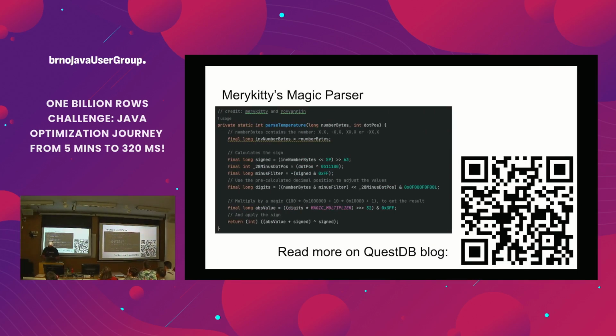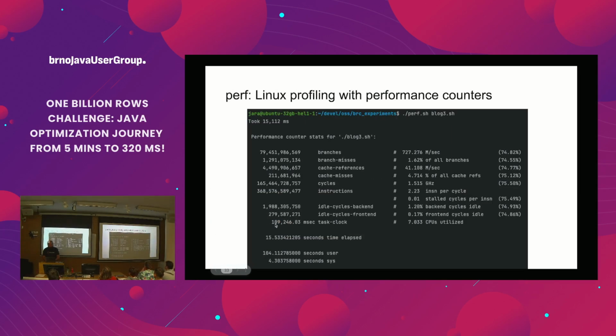But I have a colleague, Marco Topolik, with QuestDB, who used to work with František at Hazelcast, now he is with us. And he wrote a blog post about this. So if you are interested, it's basically just, I don't know, 10 lines. There are like 5 or 6 different tricks all together. So at this QR code, if you open it, it's the QuestDB blog, and everything is explained there. I recommend it. It's a piece of beauty. Yeah, we did this.